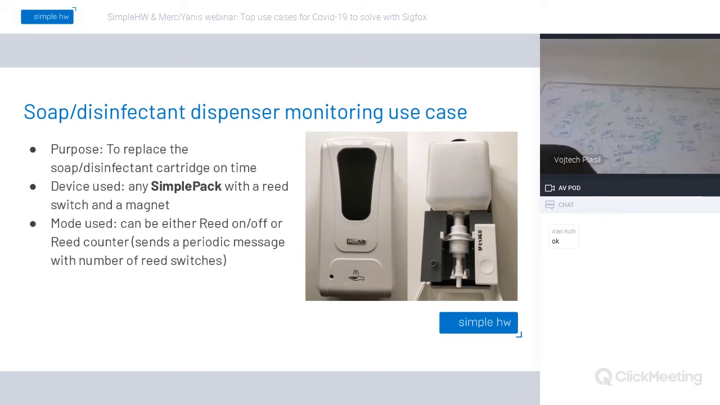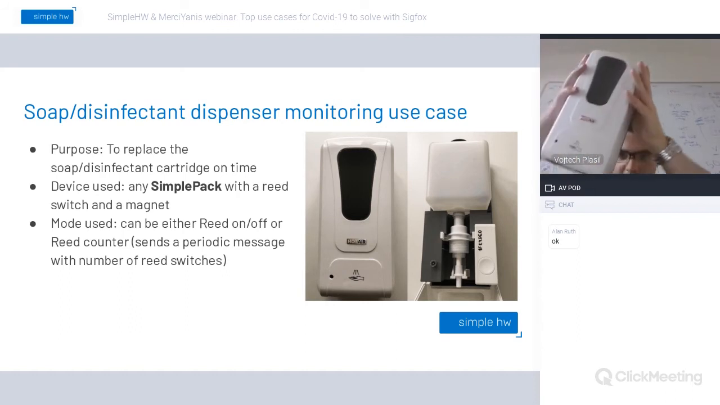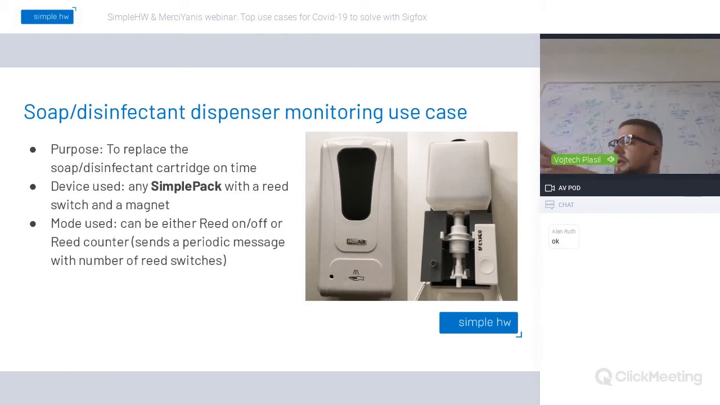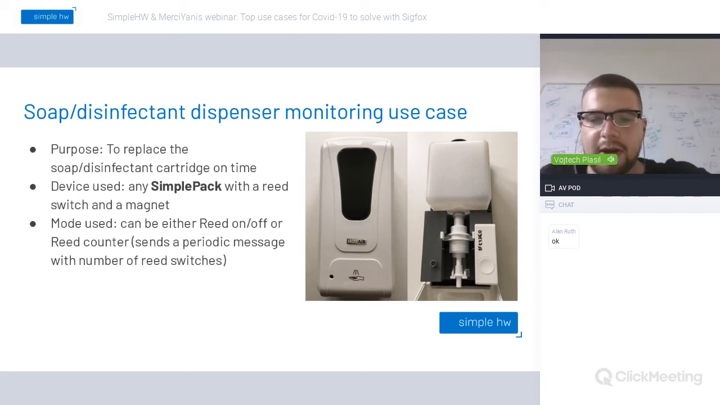I have the thing with me. Let me show it on camera. The soap dispenser. That's how it looks. Yeah, it's the exact same thing as in the photo, and the device is inside. Okay, I can't open it now. Anyways, the device is inside, as you can see,